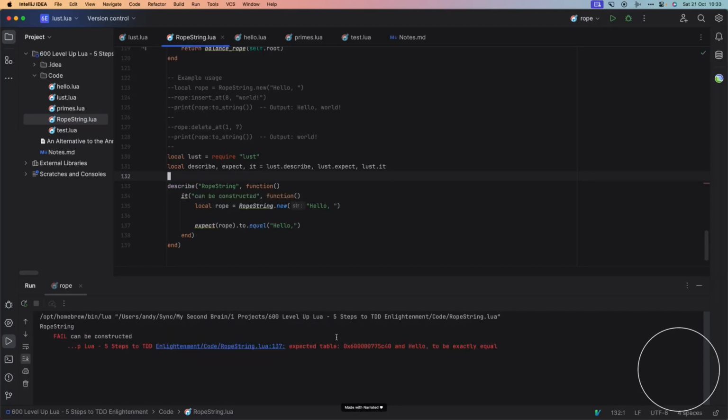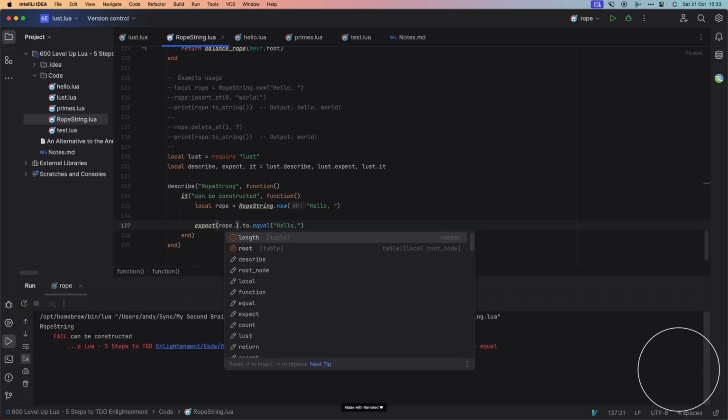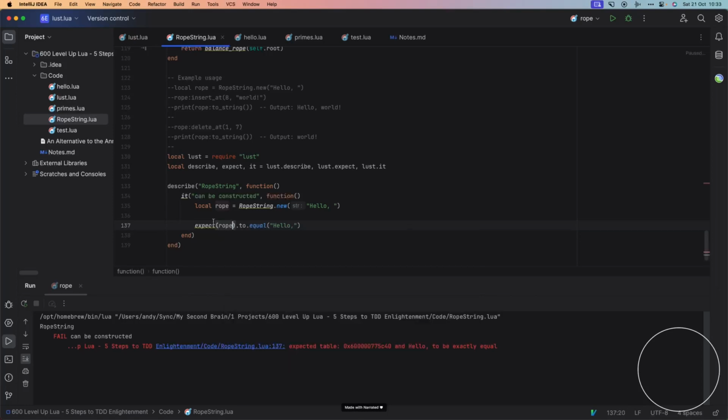Right, so here we've written a test, so we're describing rope string and we're saying it can be constructed. And then to prove it, we use the constructor which is called new, and we say what we expect it. Now, it doesn't actually equal a string, so we probably have to